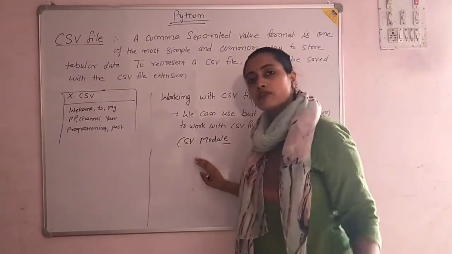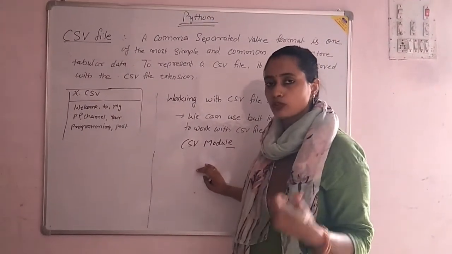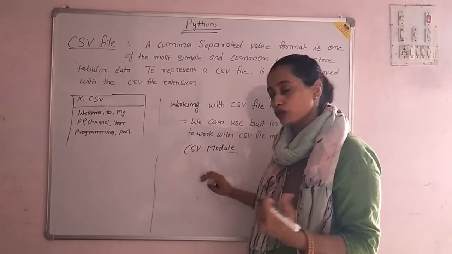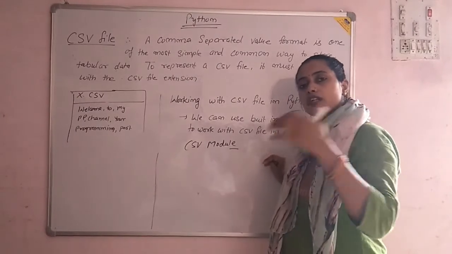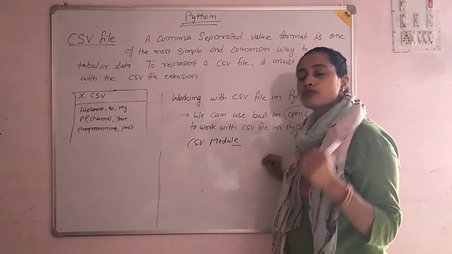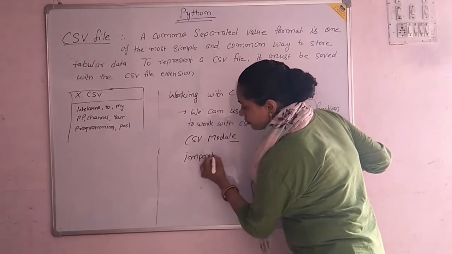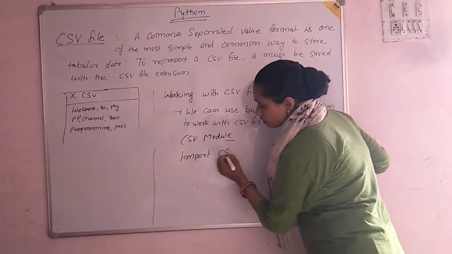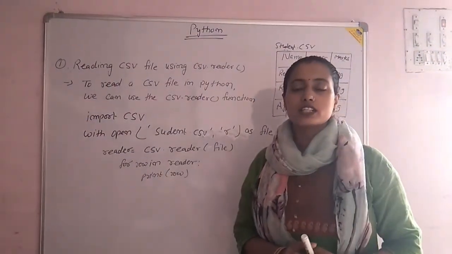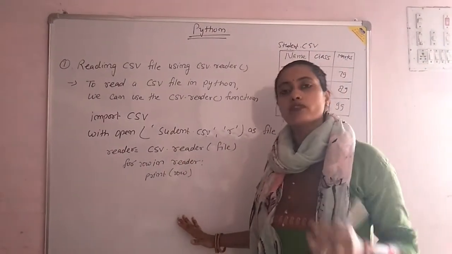We have discussed that when we are working with some modules, you have to access them first. What is the manner for accessing them? We have to import that module. So before accessing all the functions of the CSV module, you have to write first import CSV. So I am writing first import CSV. For understanding the CSV in a proper way, we first have to understand all its functions.